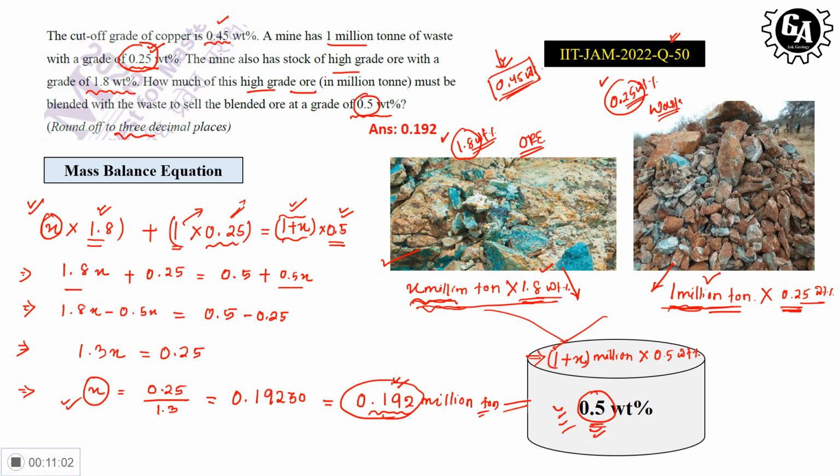It has given some range, okay, but the answer is falling within that range. So I hope this gives a very clear idea about how to use the mass balance equation to solve these types of questions, because this mass balance equation is very important in your isotope studies, in stable isotope studies, the fractionation between the isotopes. For that this mass balance equation is very important. And this is the solution.